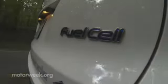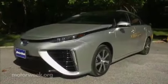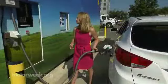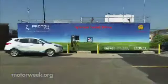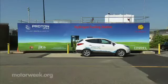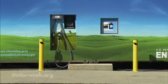So why aren't we all driving hydrogen vehicles? Well, it starts with the high cost of the fueling stations, the fuel cell vehicles, and the hydrogen fuel itself. But the West Coast, California in particular, is making strides. And California, the state, has actually set aside funding specifically to install hydrogen stations. Similar to other alternative fuels, collaboration seems to be key in making hydrogen more mainstream. Take this fueling station in Washington, D.C. It's a